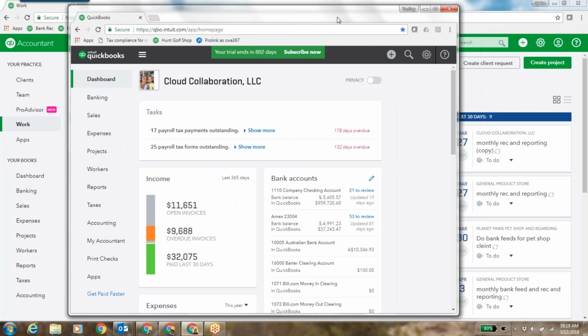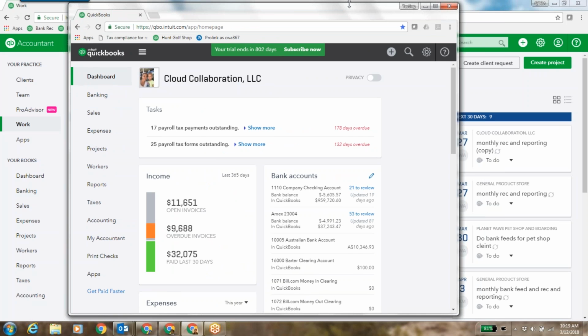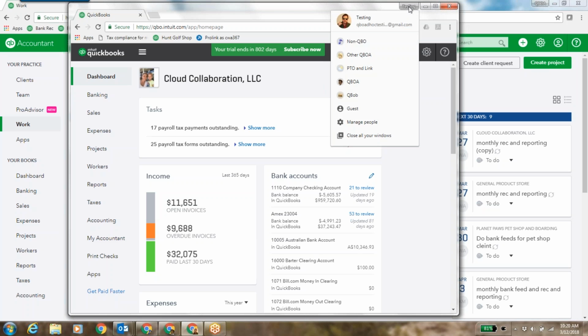Now Chrome, what I like about Chrome, although I think I prefer Firefox, I just happen to like the UI better. That's probably the only reason why I like Firefox, and it's really good for QBO as well. But Chrome is standard, and I think that's what Intuit just says, when you go to any of the trainings, it always seems to be about Chrome. So, and one of the things is that if you're using Chrome for other stuff that's not QuickBooks Online related, right, you can, next time you go into Chrome, click on the upper right, it's probably your email or it could be just a name you gave it, and you can go in and add other Chrome users,